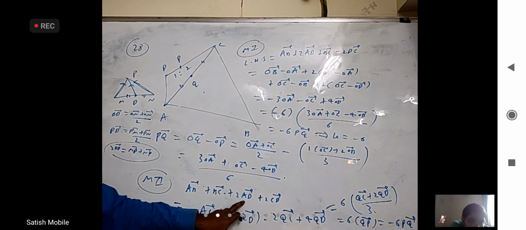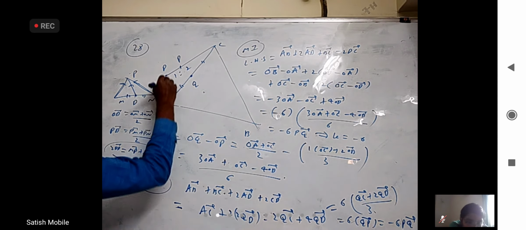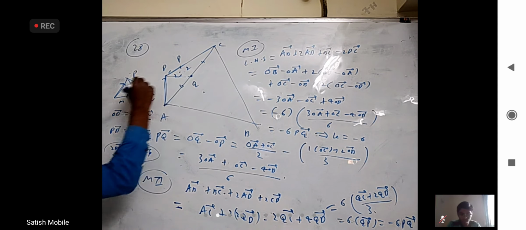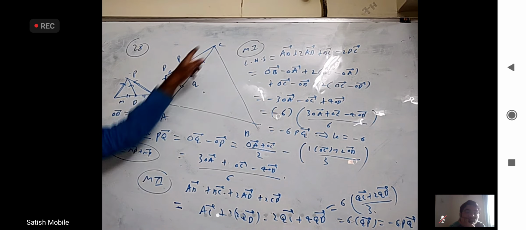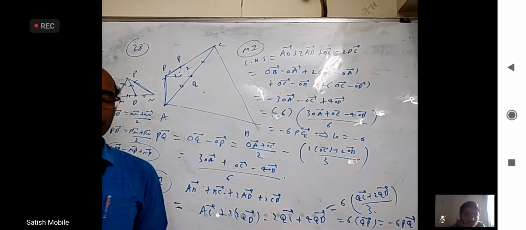Okay. What is AD plus CD? AD bar is there and the CD bar is there. From the midpoint, this is QD bar, right? For A and C, what is the midpoint? Q. So AD plus CD, can I write 2 times QD? Because it is the midpoint, right? That's what I have done. AD plus CD is 2 times QD.